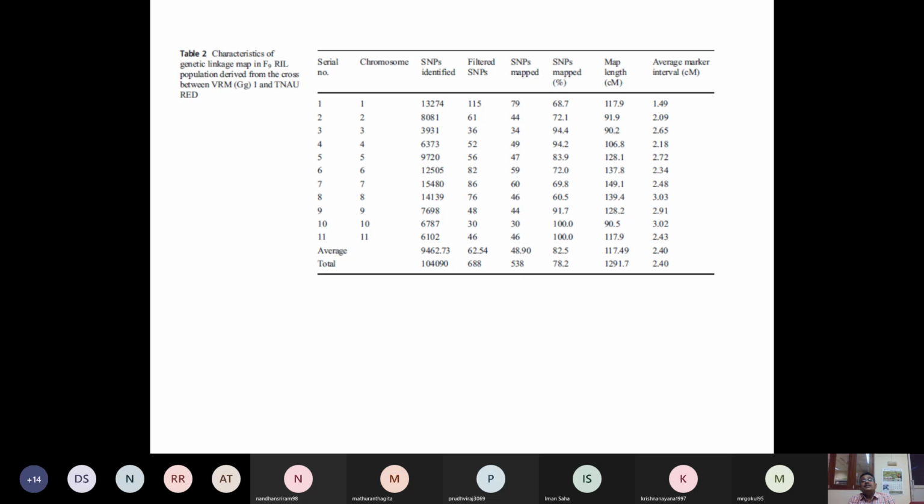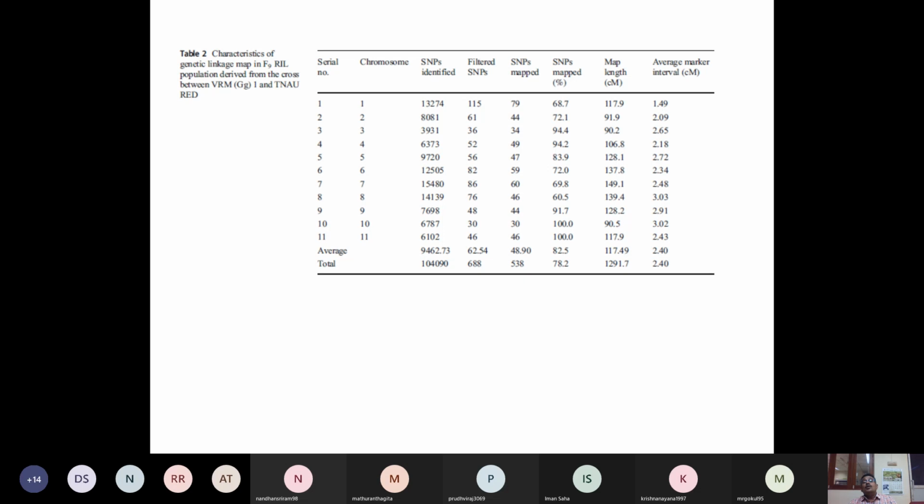If you map the SNPs, then based on the recombination you can see what the map length will be. The average interval is another criterion you always have to check when you read a paper. What is the average marker interval? For example, if in every chromosome you have a marker at least every 2 centimorgan, then it is easy to place your QTL or some trait on the map and map the QTL. So whenever you refer to any paper, we have to look at how the markers are placed.